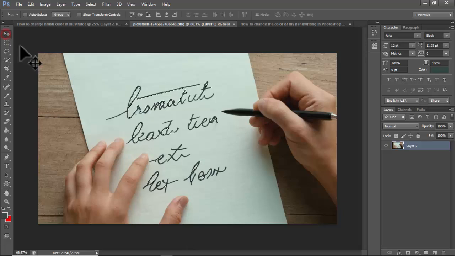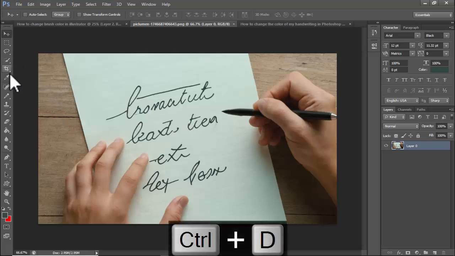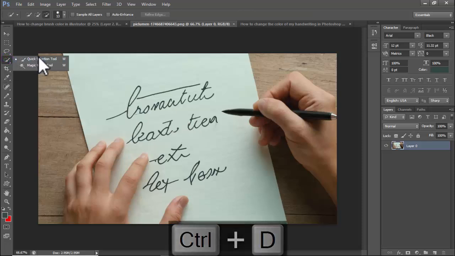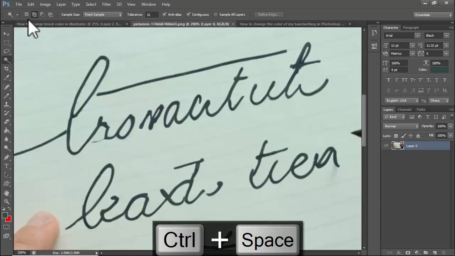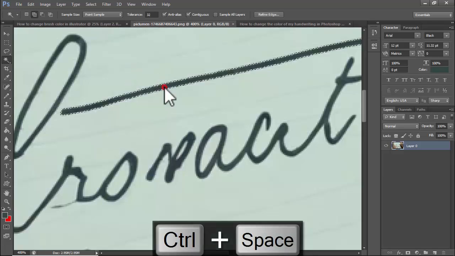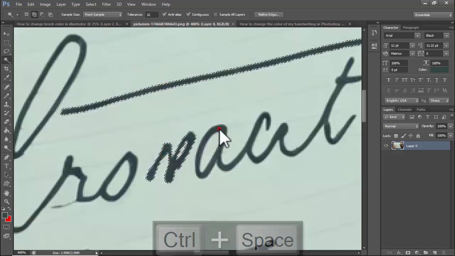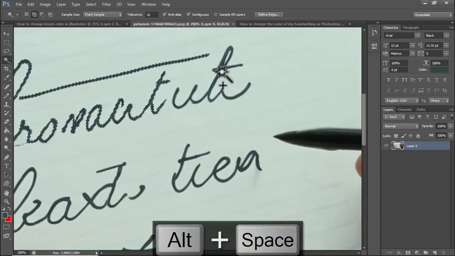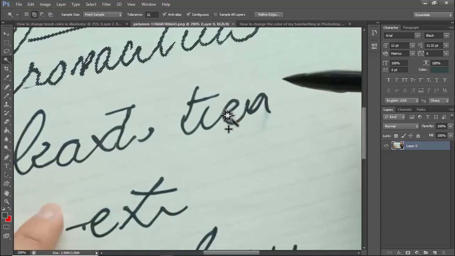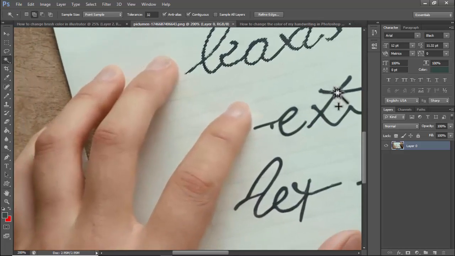Not perfect selection, press Ctrl D, remove this, and I want to use the selection tool again, the Quick Selection tool. Again right click on your mouse, use the Magic Wand tool, multiple selection, tolerance 32%. Then select the black, select the text or the single color,